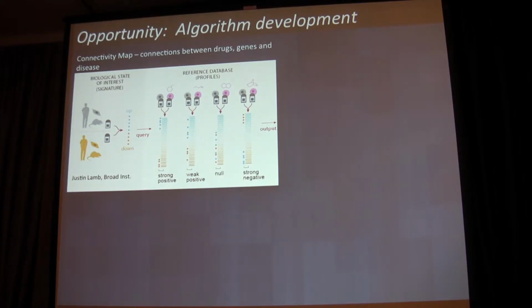There's another good example from the Broad Institute. This is Justin Lamb's stuff. What Justin did is he took human cells, and he used biomolecules to perturb those cells, and he had the control state. And he made these expression profiles. And he put these expression profiles into a database, and then he would take his biological state of interest from the humans, get the cancer profile here, or whatever profile of the biological states of interest, and scan this compendium. And through this, he's actually connecting drugs, genes, and